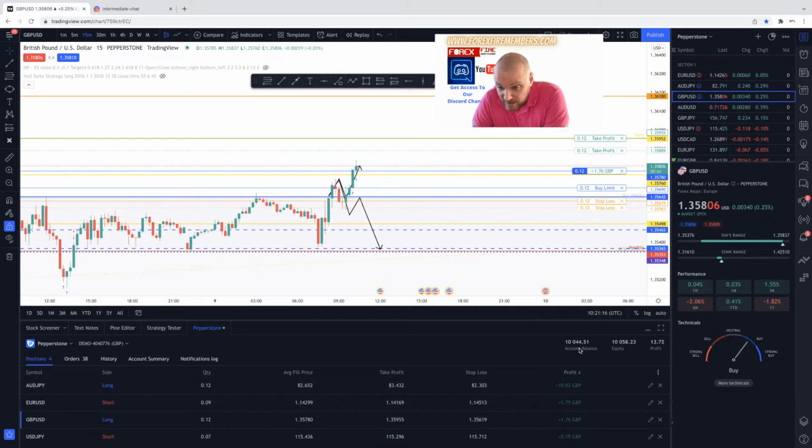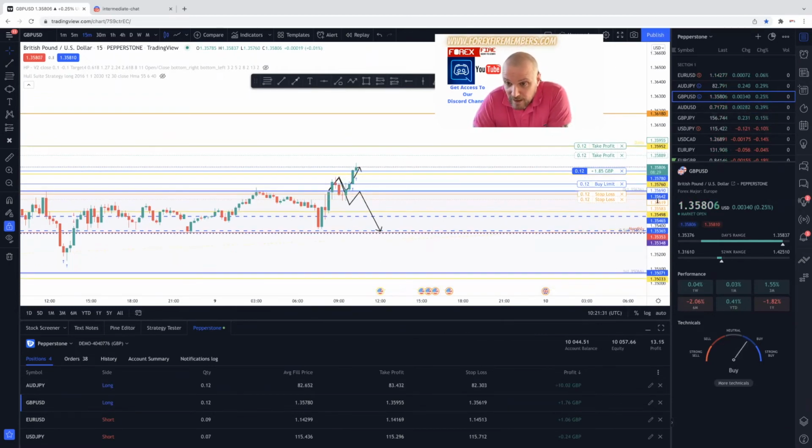The account balance was actually standing down at 44. We took a little bit of a loss this morning, but now we're heading into profits. Okay, again, we'll continue to monitor these. I might take a couple more trades or set a couple more up for today, but I'm happy